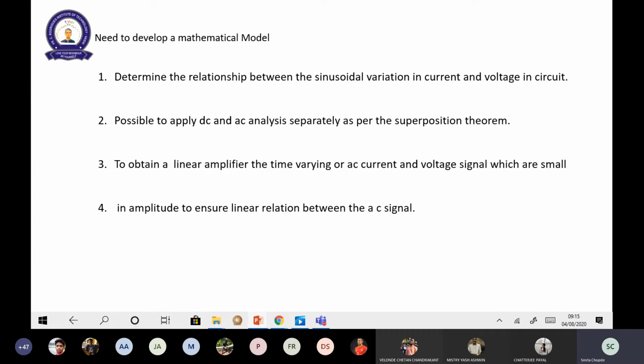Now you may be very curious as to why we are doing both the analyses. So DC analysis helps you to understand whether your circuit which you have considered is really suitable as an amplifier or not by determining the Q point. Okay, and then you are performing AC analysis to understand how your AC parameters are varying. Now what are the AC parameters? Input resistance, output resistance, and the voltage gain. We'll be talking largely on voltage gain.